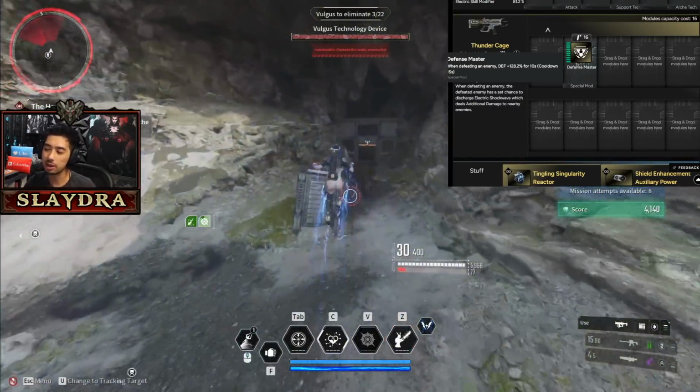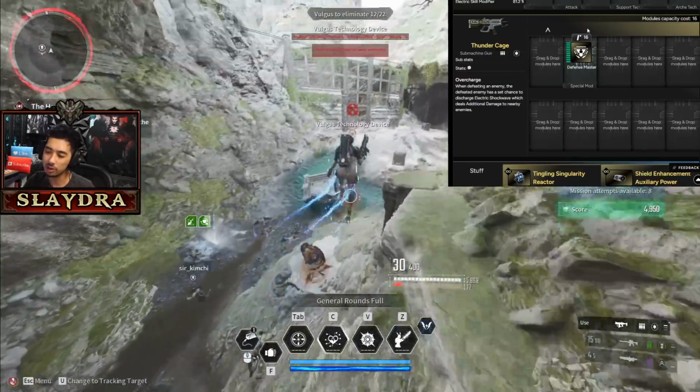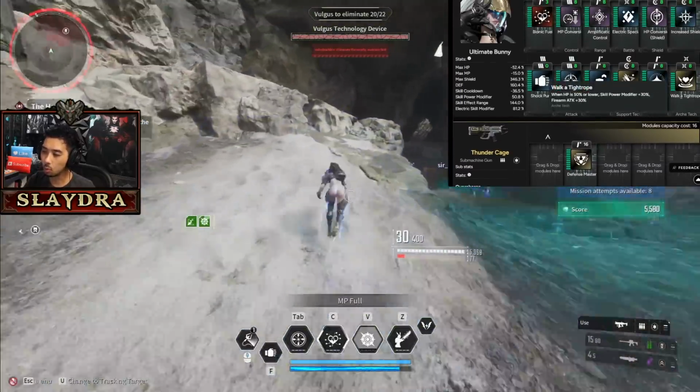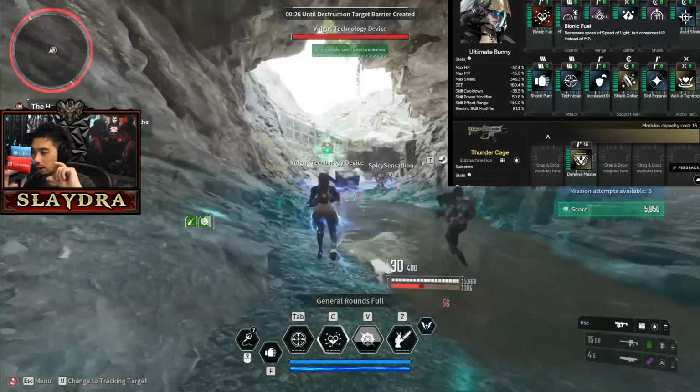But if you're on bosses, you definitely don't really need this module. But we'll talk more about that when I get into the boss version of it, because we're going to have to swap out some mods. I'm going to try to keep the mod sockets the same. But don't worry about Walk a Tightrope or Bionic Fuel in terms of changing these sockets,